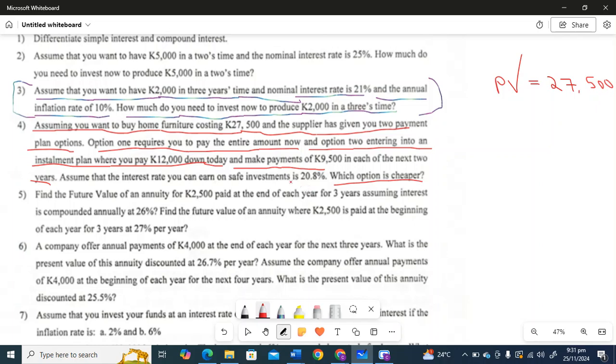So the discount rate that we're going to use is this 20.8%. We're going to convert these 9,500 which we pay in year 1 and year 2 into today's value. Then that way we're going to see which option is cheaper based on the present value basis. So for option 2,